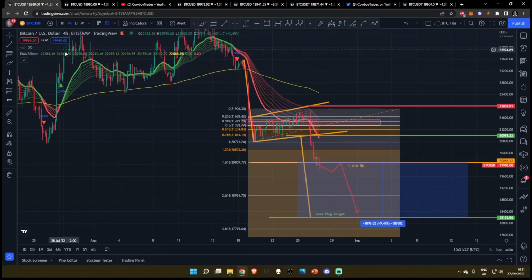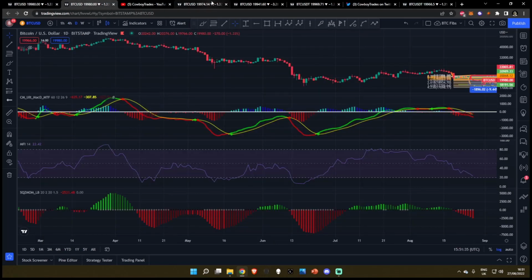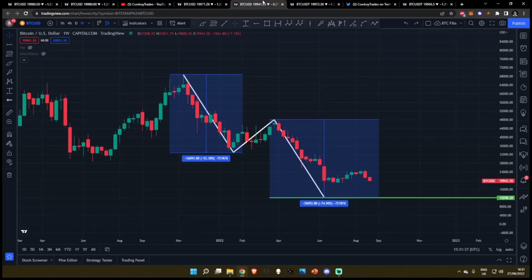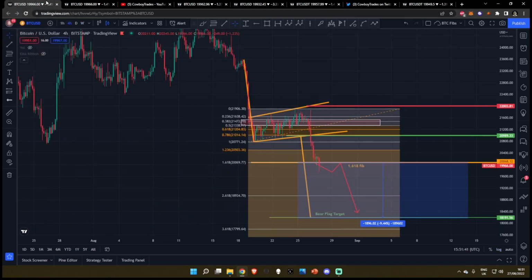So, as of the time of recording this, Bitcoin is breaking beneath the support floor at 20,000. What is the next move for Bitcoin? What's going to happen in the short term? And also, 12,000 Bitcoin, is that even on the table? Let's talk about it. Let's jump right into our first chart and look at what's going on in the lower